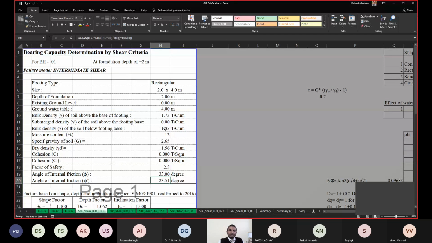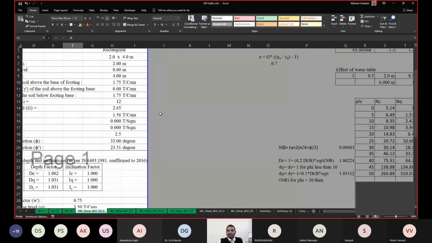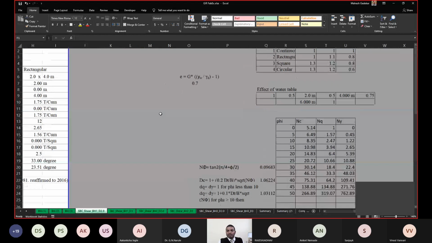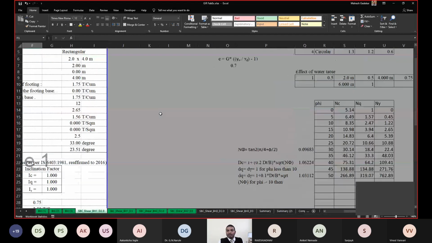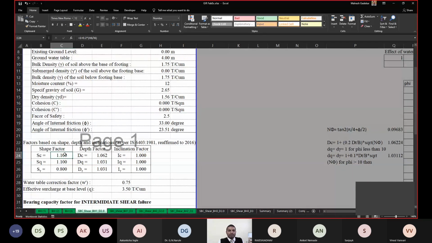So based on the shear laboratory testing, we are going for the shear criteria. Based on the characteristics, these are the tables that I have framed for the typical values. Not typical, the complete IS code I have tried to fill within the table so that I can utilize them for the calculation. So this calculation is for the shape factor, SC, SQ and S gamma, DC, DQ and D gamma, and